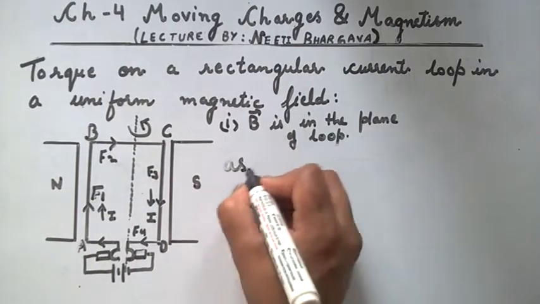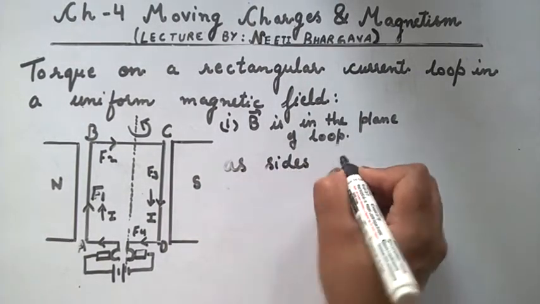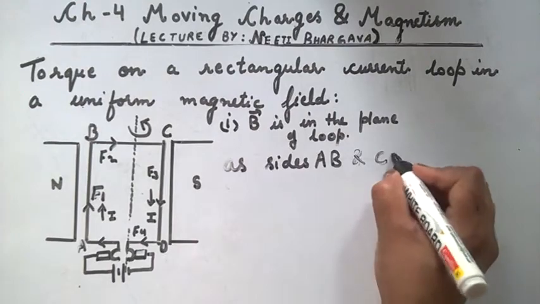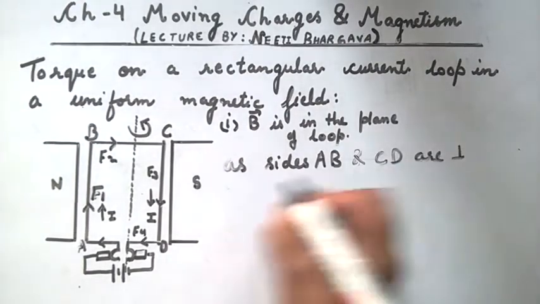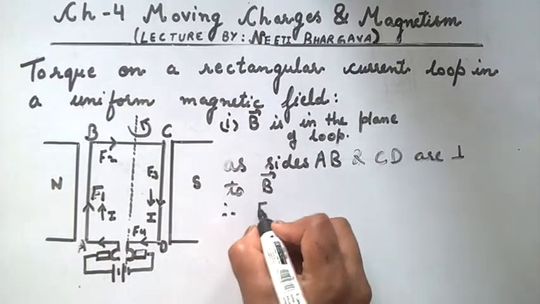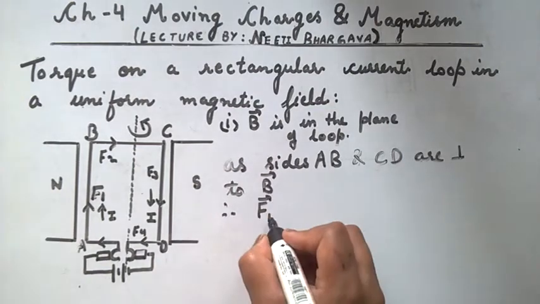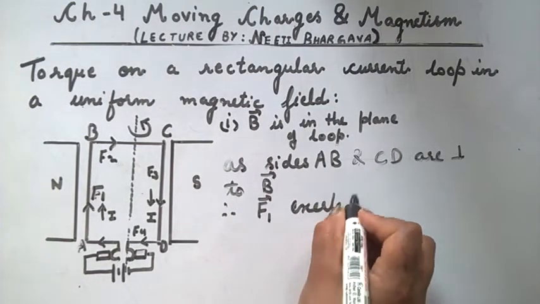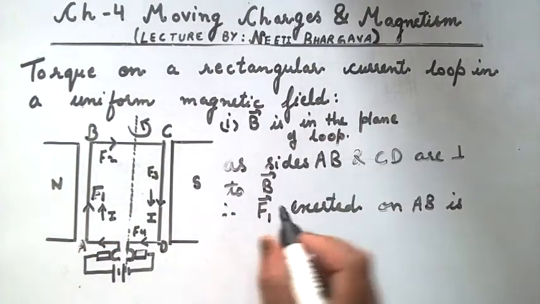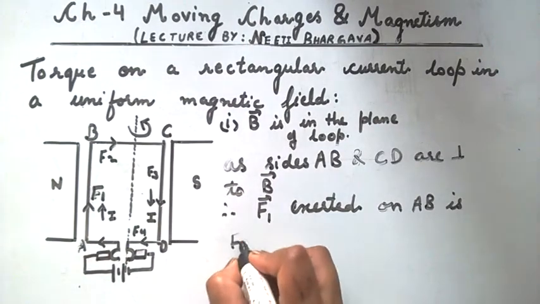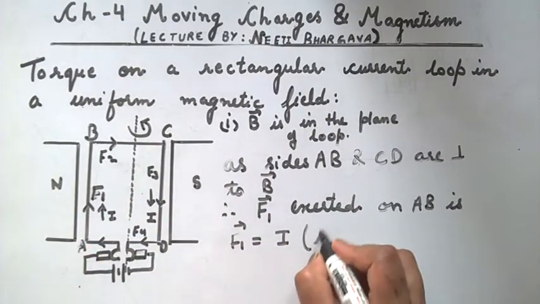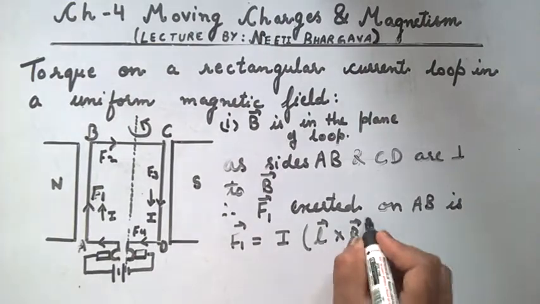Therefore, the force exerted on AB is, by Ampere's law, F1 equal to steady current I, length L, cross B vector. In terms of direction,